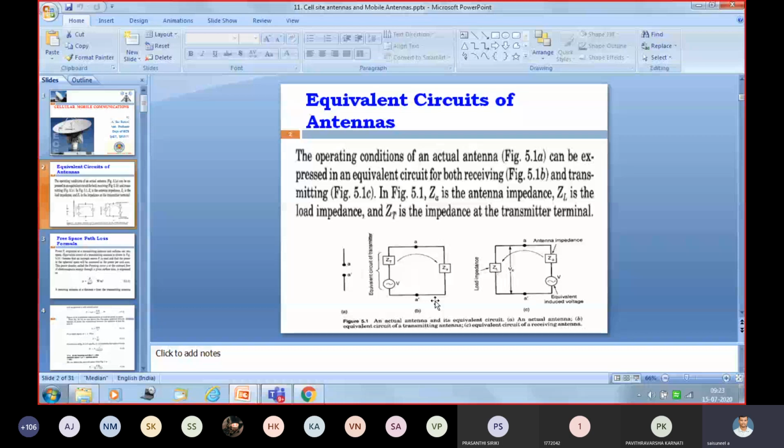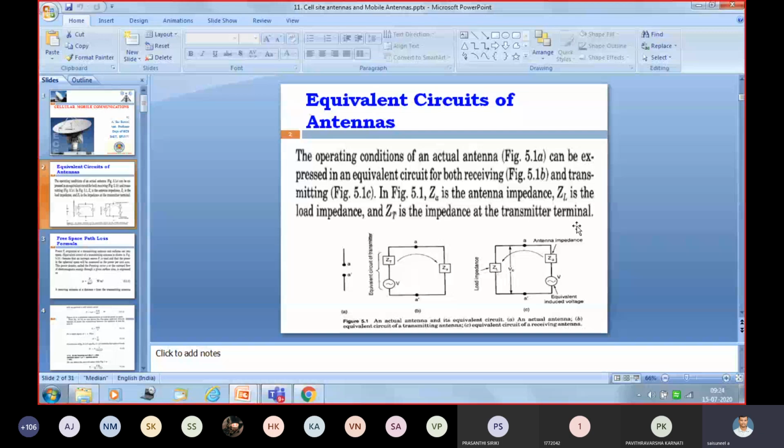I think you know the load and equivalent circuit from your circuits and network subject, right? What is the purpose of using the load? Both the transmitting impedance and the receiver impedance should be matched together. That's why we use the load, changing the impedances of transmitting and receiving.